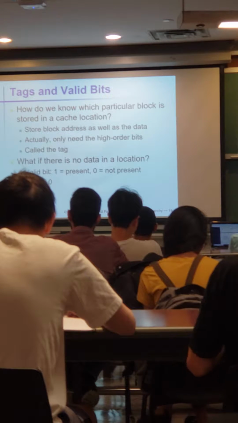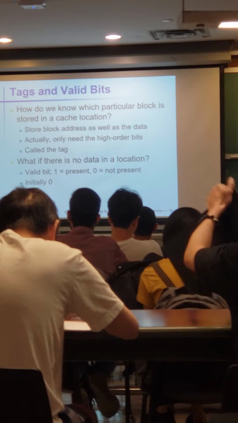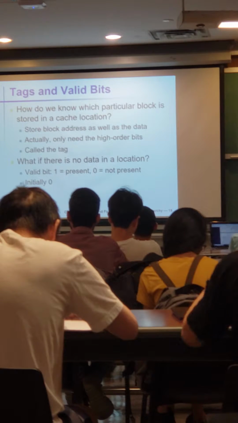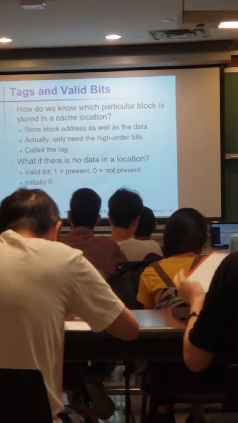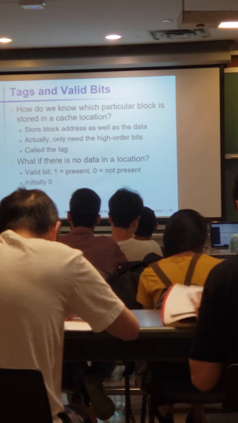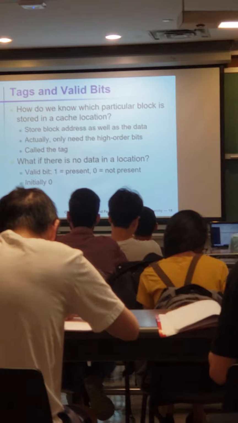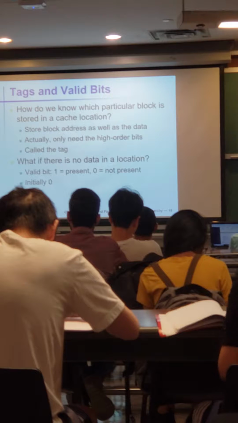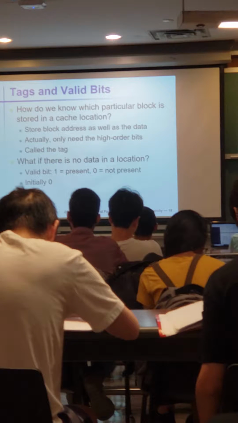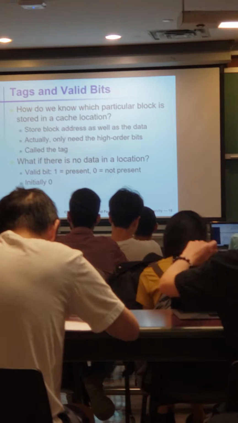And only the second digit, the more significant digit, will be used as actually a tag. So you don't have to store the entire address in order to know what data element from the RAM is in the cache. Okay? So you remove the bits that you use as an index and only store the other